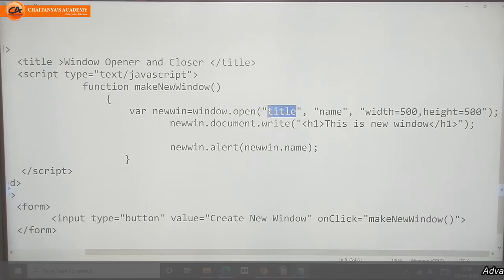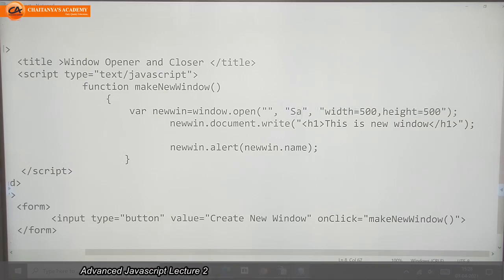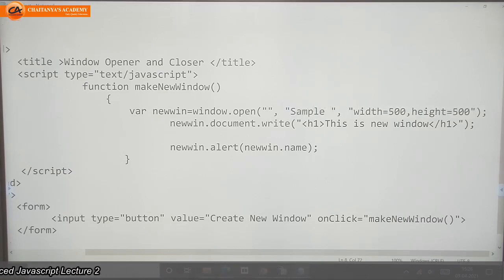Into brackets. Here first I can pass a URL, any file path, for whichever window I want to open. If I want to open the window for Google, then I need to write the Google path here. If I want a window for Yahoo, I need to write the Yahoo file path. Here the name, whatever name I want to display for that window. I will write here sample window.